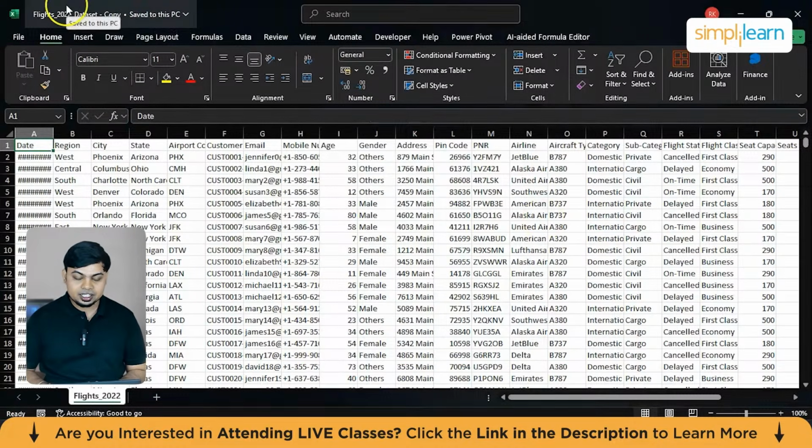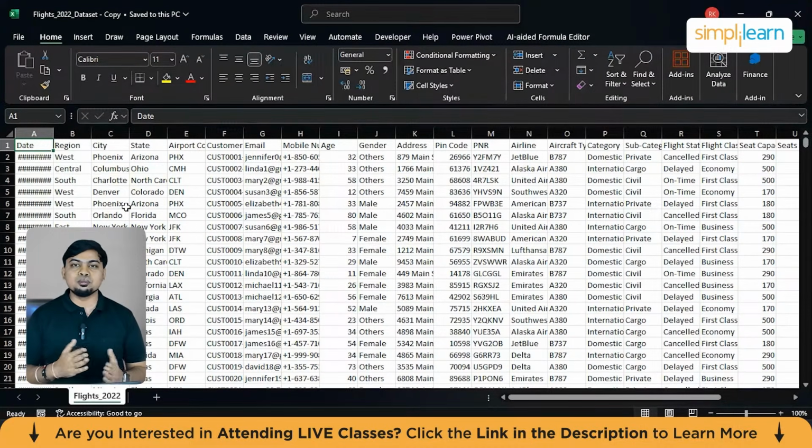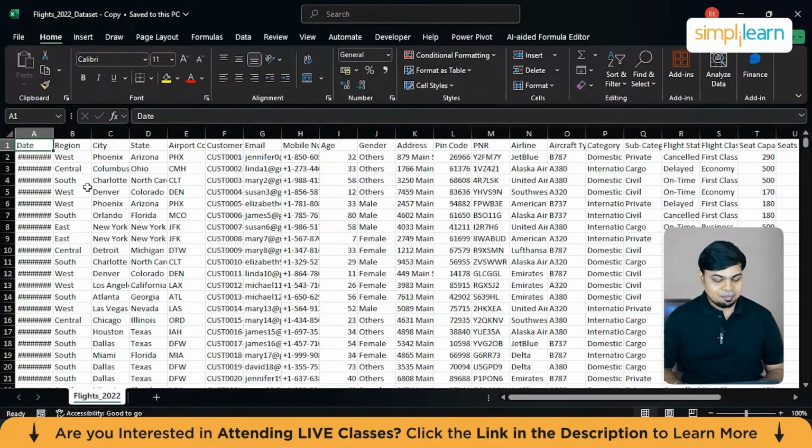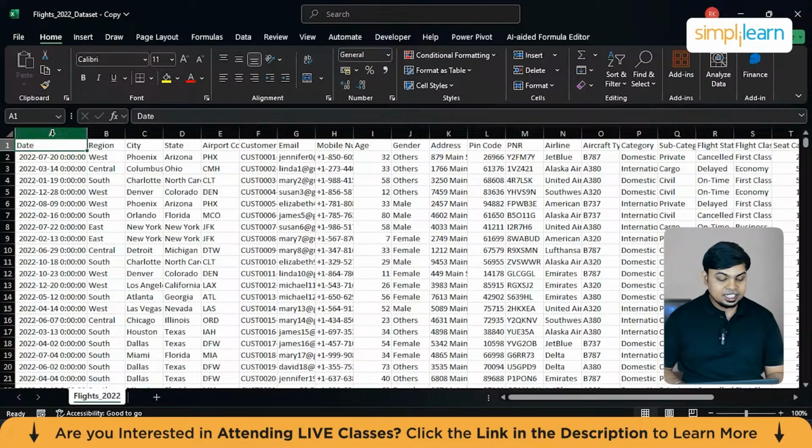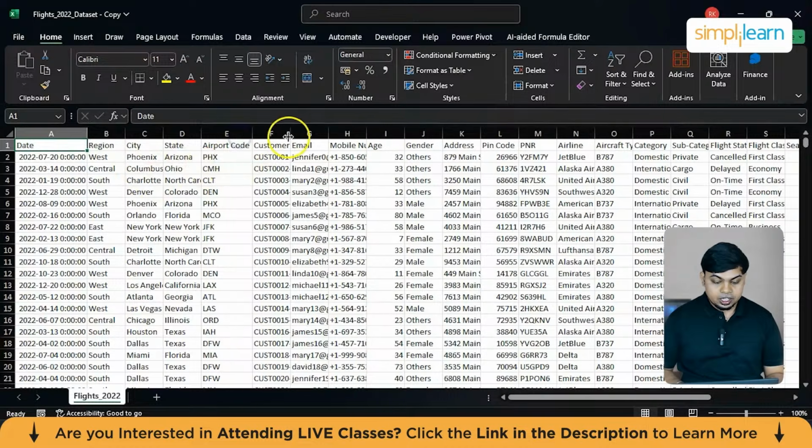So this is the copy dataset, just so that we understand basic data cleaning, removing empty cells, or separating the first name, customer ID and everything. And if you wanted to include any custom calculations, the basic day-to-day ones, which are simple and easy to understand. So let's get started. Here we have the date column firstly, and region, city, airport code, and here we